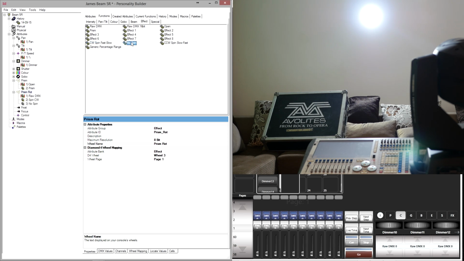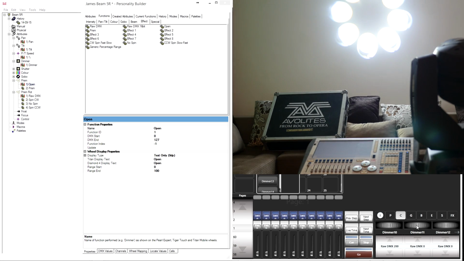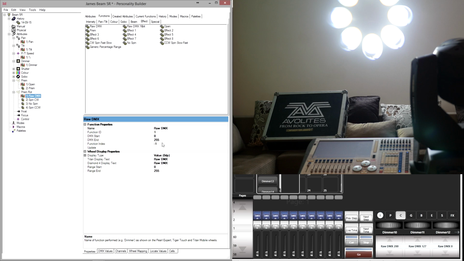Then we have no spin. And then we have slow to fast. So if we just go and have a look at these values, let's wind the prism in. Indexing all the way up to 127, which makes sense. Again, the halfway point. So here we go, 0 to 127,